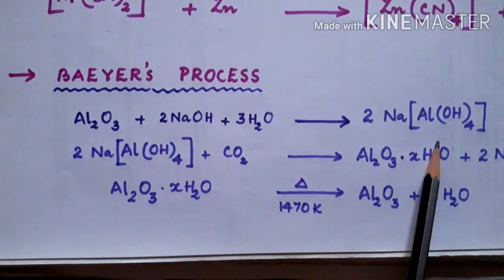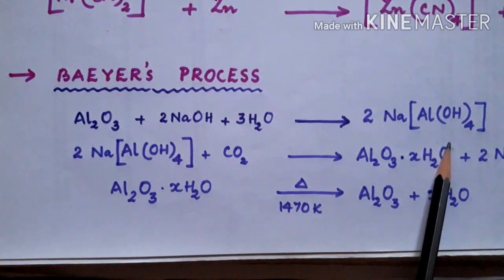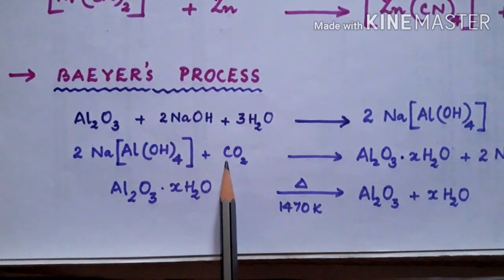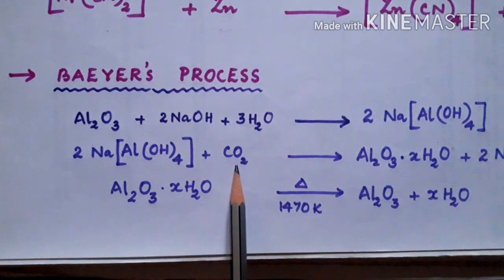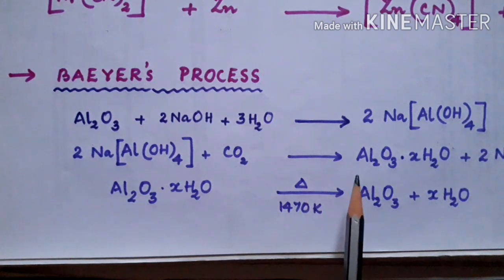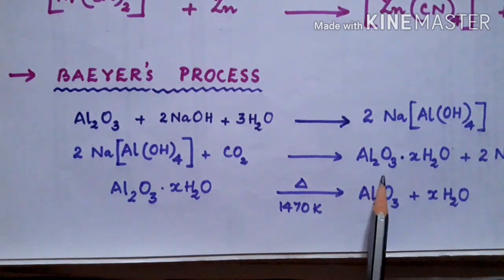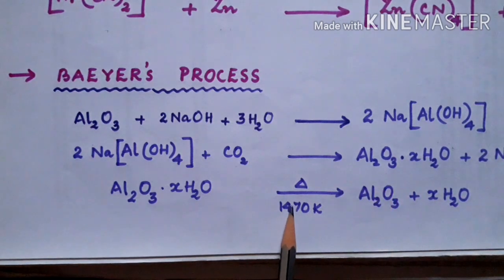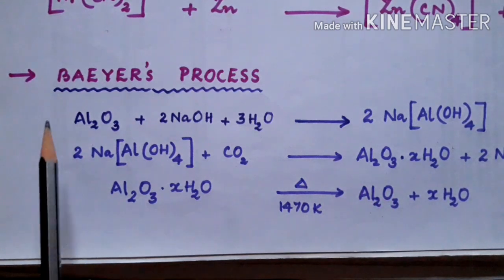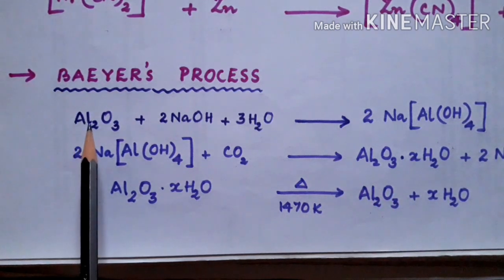This sodium aluminate is basic in nature, so it is treated with an acidic oxide like carbon dioxide to form hydrated alumina. This hydrated alumina on further heating undergoes dehydration to form pure alumina. So what is the difference between Al2O3 given here and the initial one? Initial one